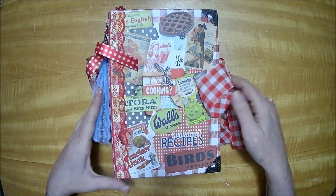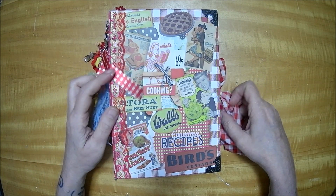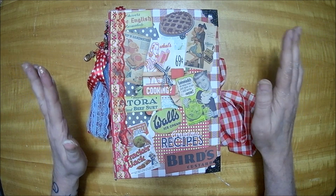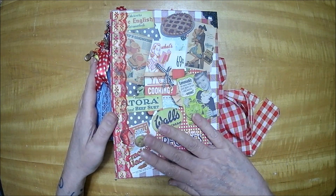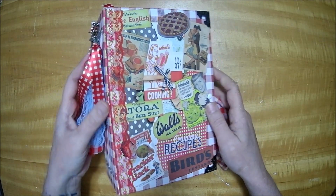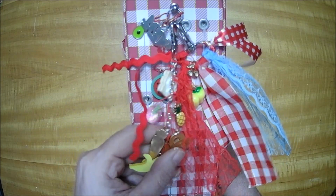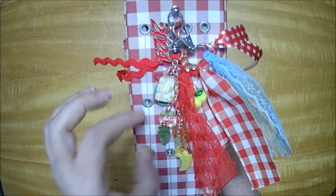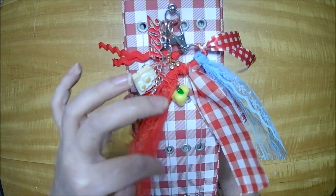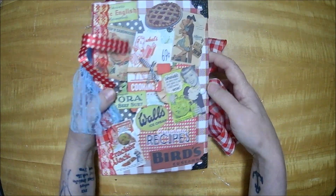Today I have a retro vintagey recipe book. The cover is pretty much a potpourri, a plethora of what's all in the book. It also says Grandma's recipes, as well as all kinds of different vintage ads. On the spine, we've got all kinds of different little foods, so cute. Different ribbons. There's a carrot,